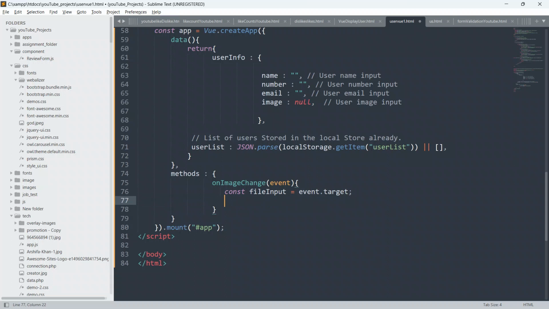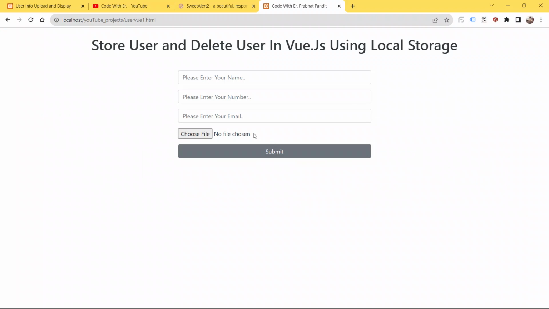Now I will check if the user has selected a file, and only then we will let the user submit the form. Otherwise, we will not let him submit the form.